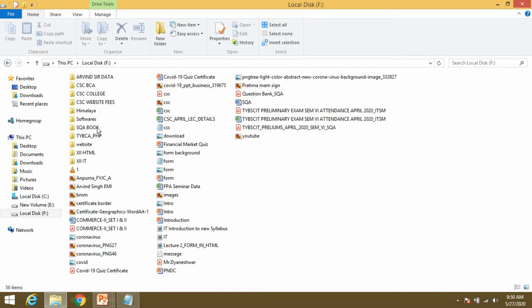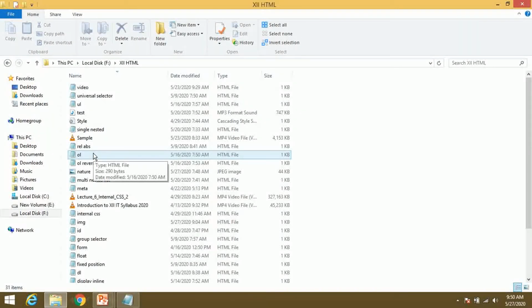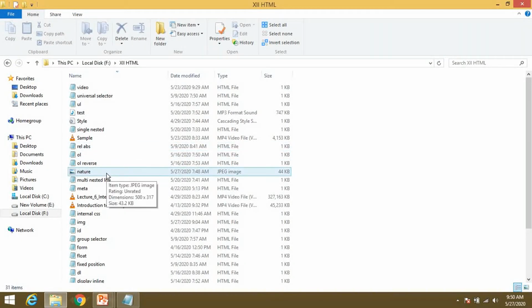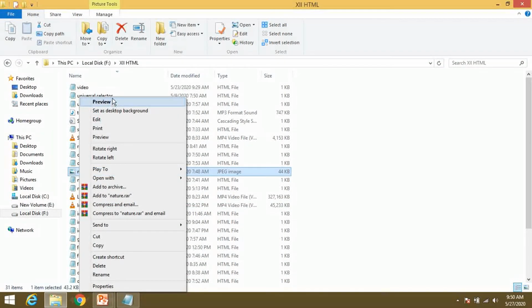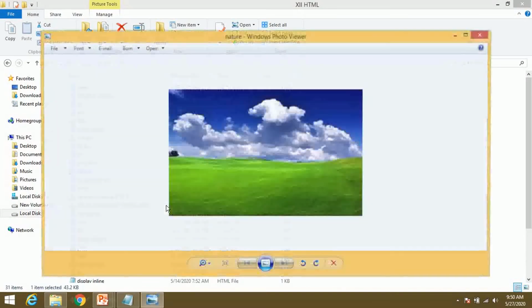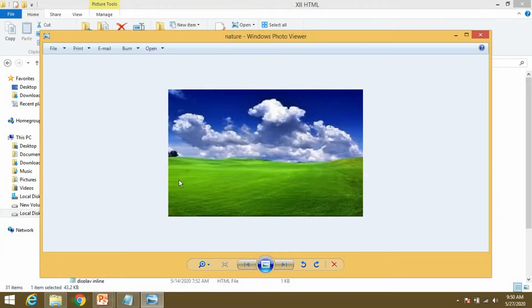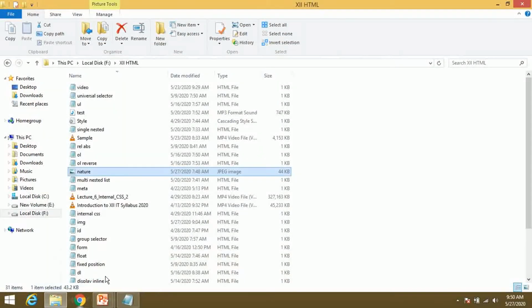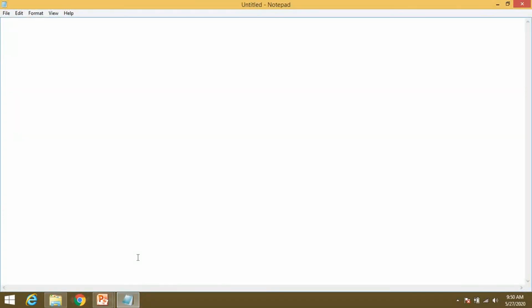Already in this 12th HTML folder we are writing all the programs, and see, this is my nature image. Open this and just see the preview of this image. This image looks like this, and in this I am going to apply the image map. So let's see how to apply the image map over here.